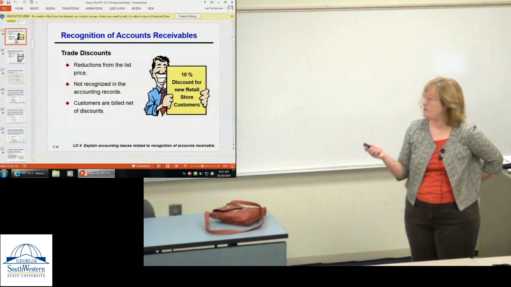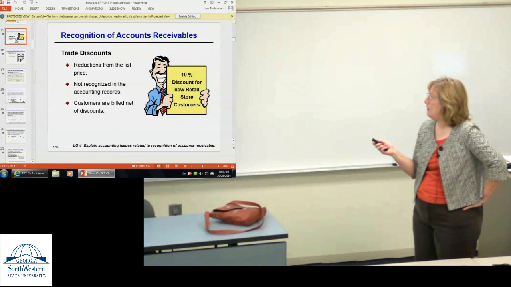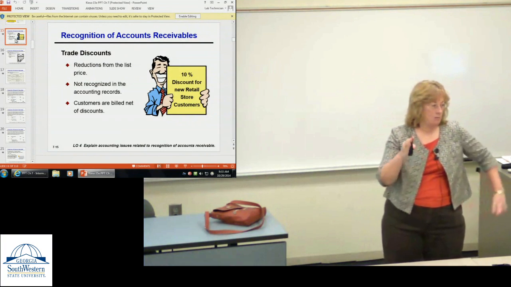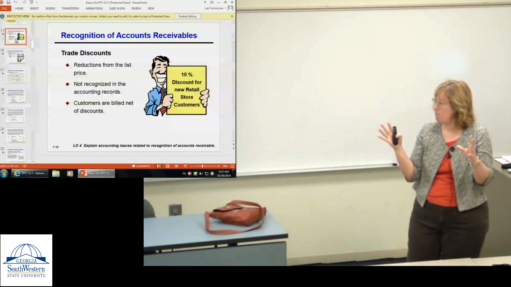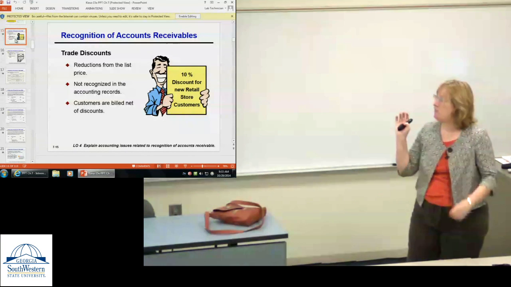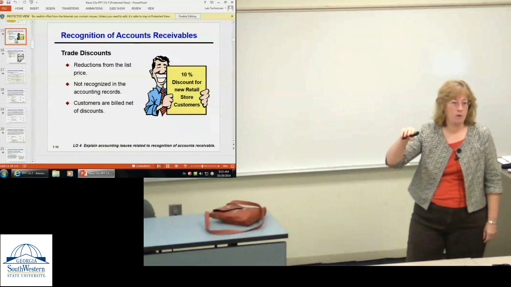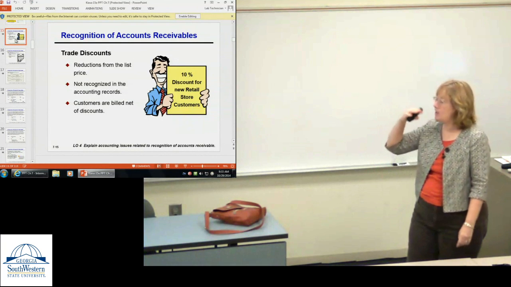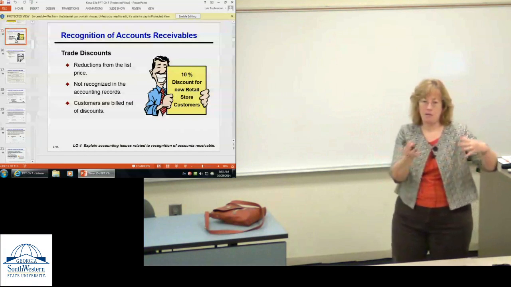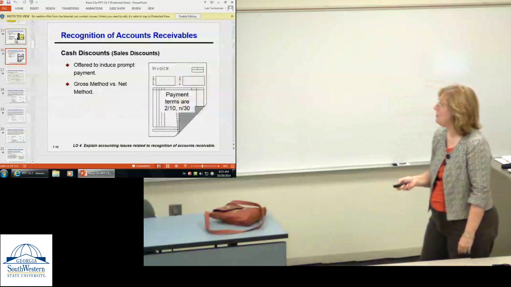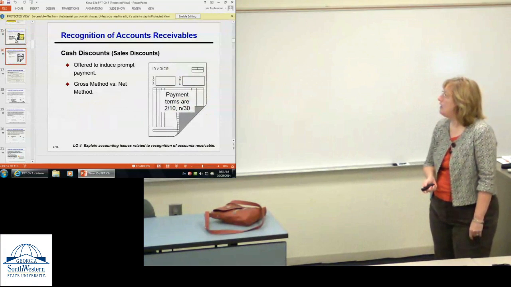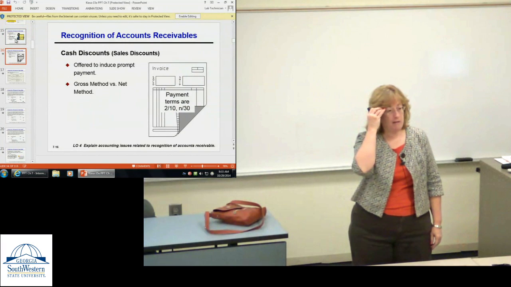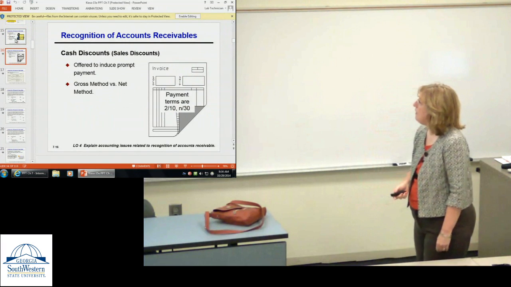Trade discounts is where we bill the customers for less than what's on the regular sales price, and we record the sale at what we bill the customers for. So not the sales price that's listed in the catalog, but what we actually charge the customers, okay? And then in cash discounts, we offer cash discounts so that people will pay faster,